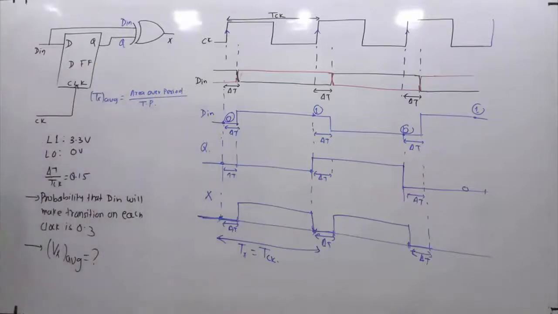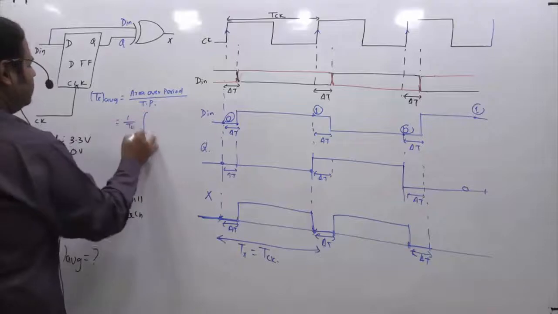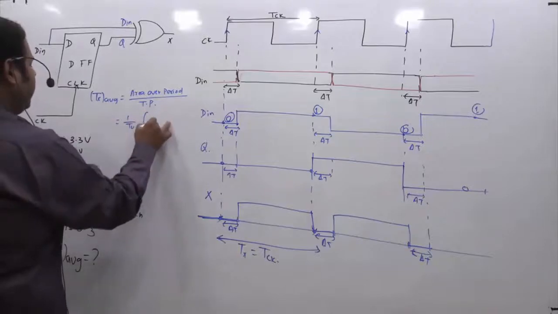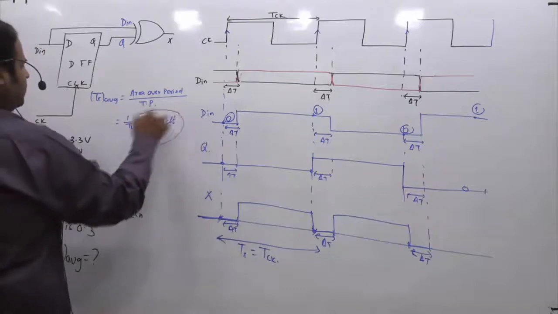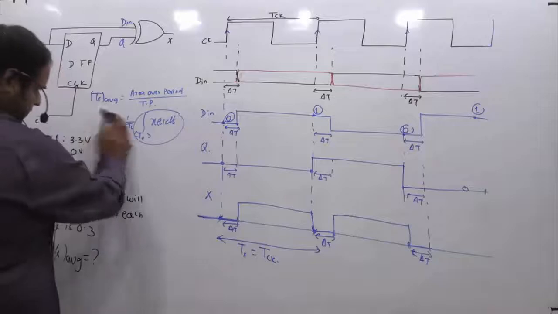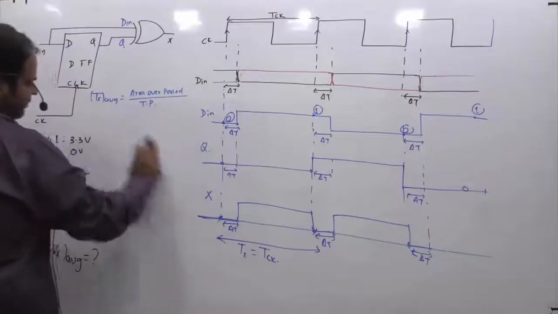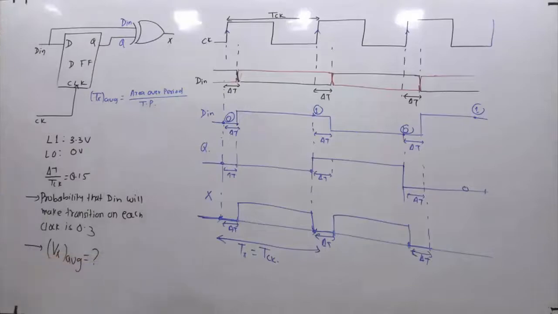This is the formula to calculate the average value of any particular periodic waveform. It is given by 1 by T naught times the integration over a period of x of t dt. This gives the area, so area of one period divided by the time period. In standard geometrical patterns like triangular and square cases, we always rely on area over one period divided by the time period.